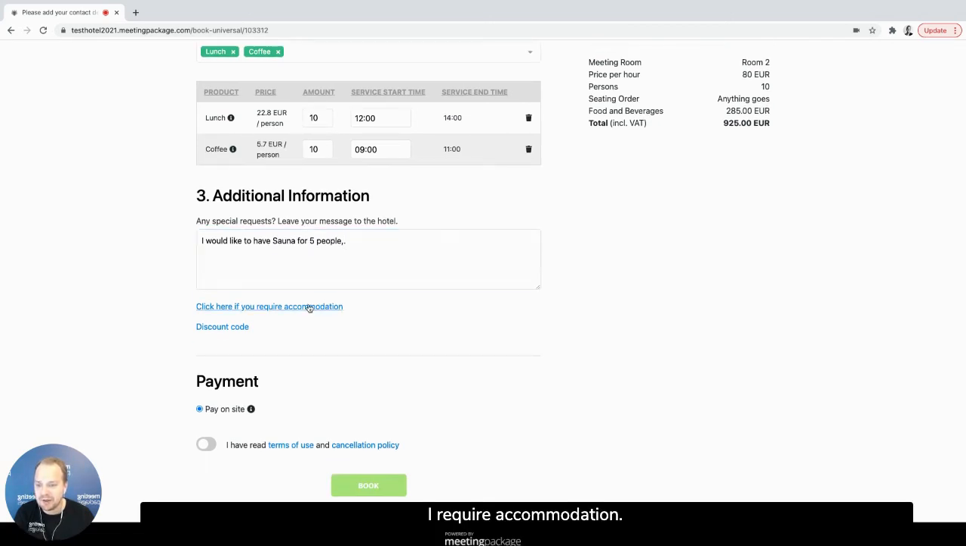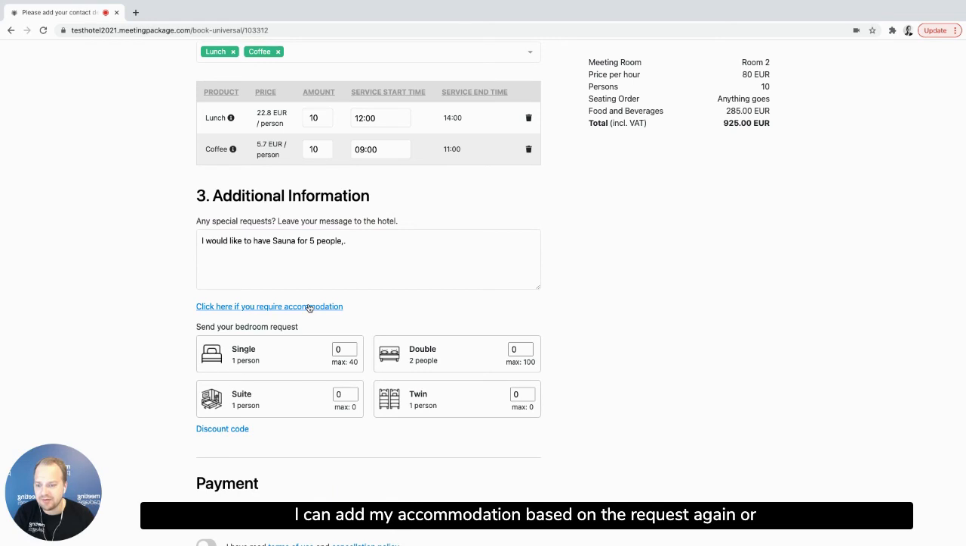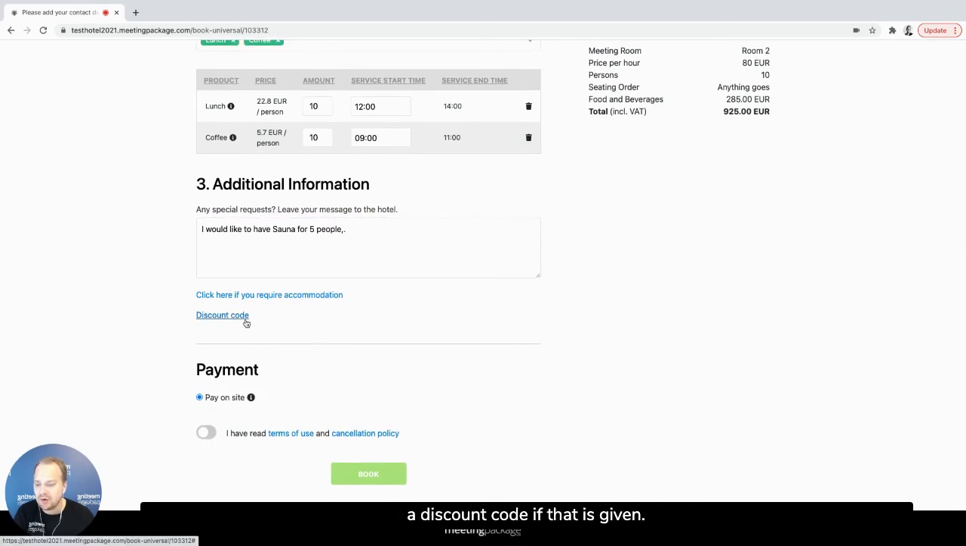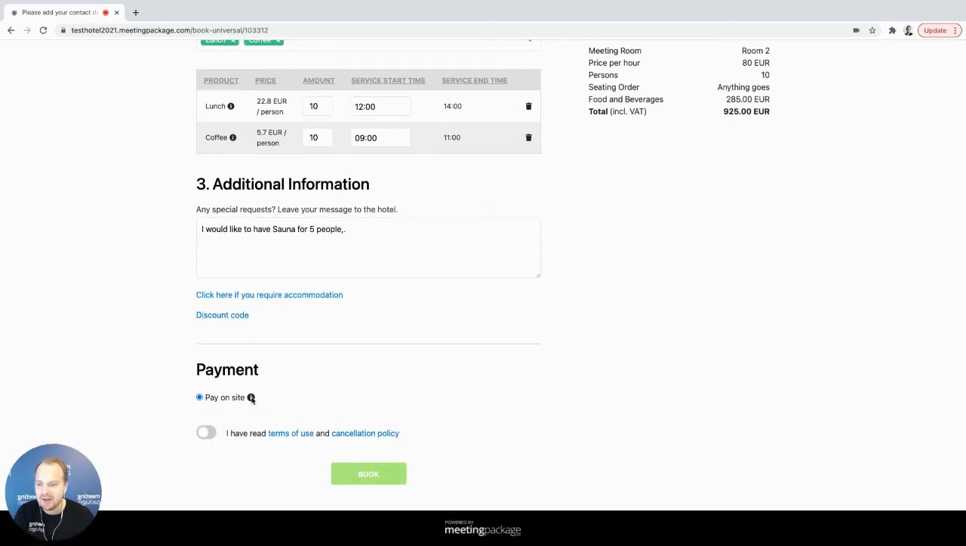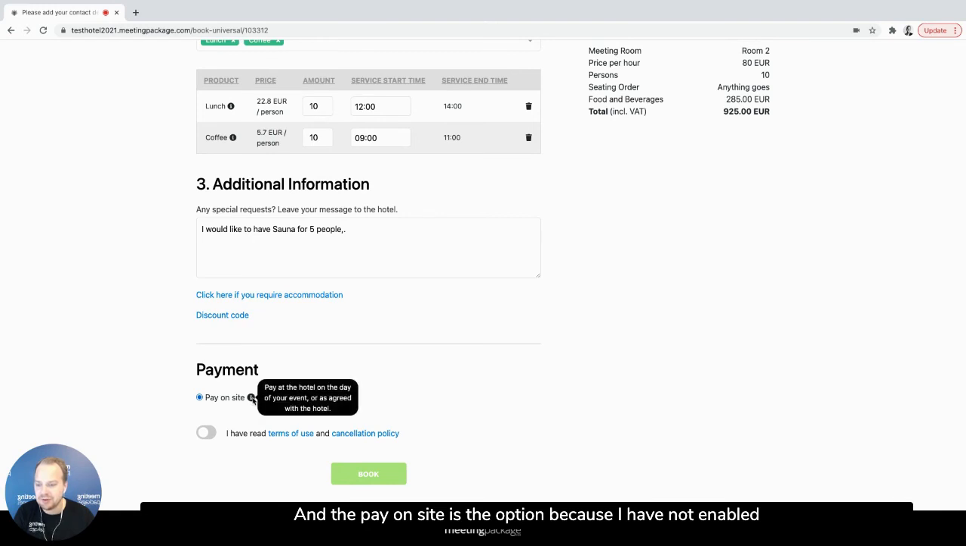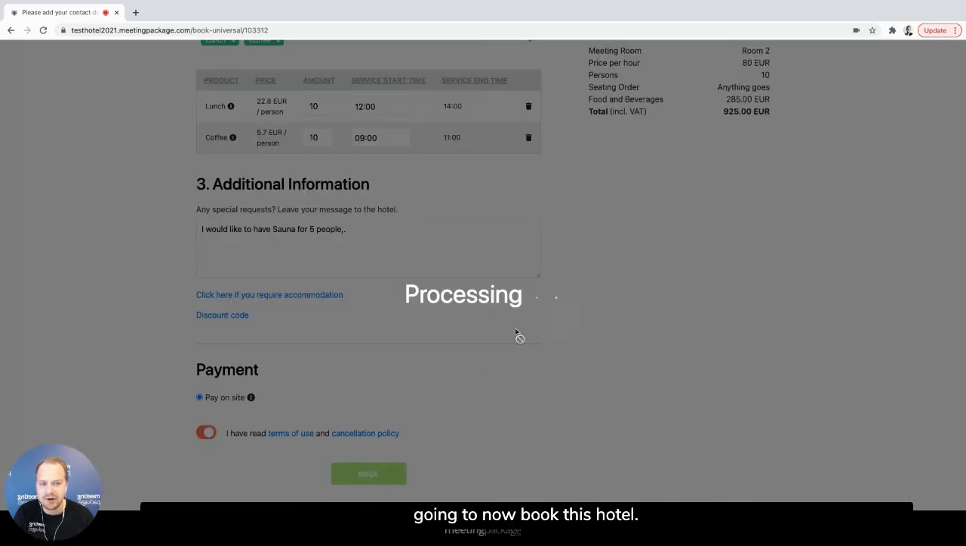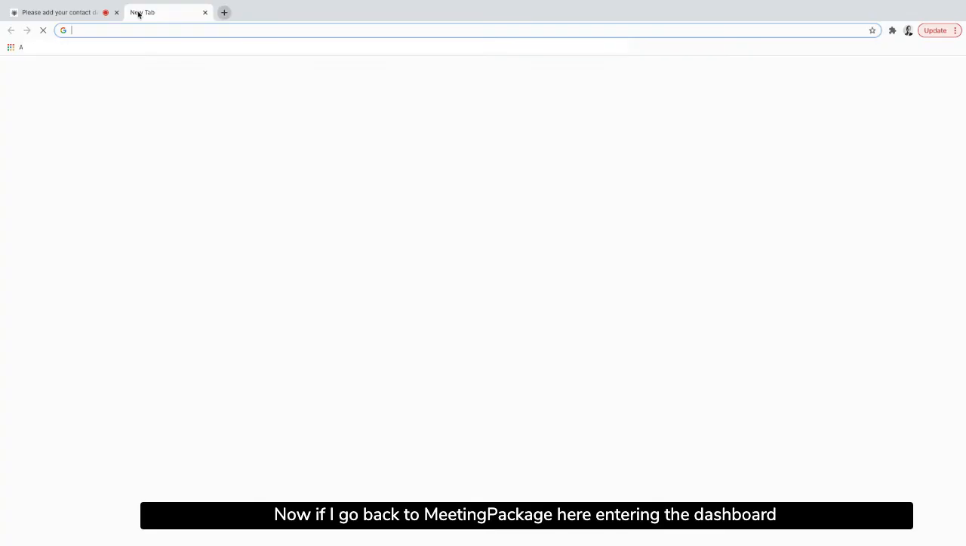I require accommodation. I can add my accommodation based on the request again, or a discount code if that's given. And the pay on site is the option because I have not enabled the credit card yet. I could view the terms of use and cancellation policy, but I'm going to now book this hotel. Now, if I go back to MeetingPackage.com,